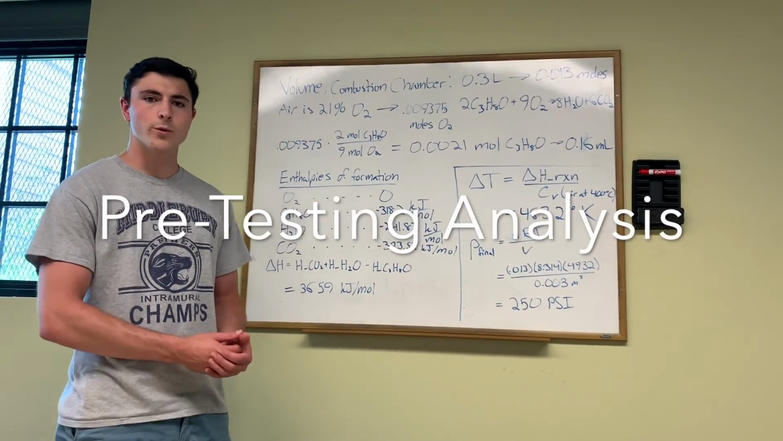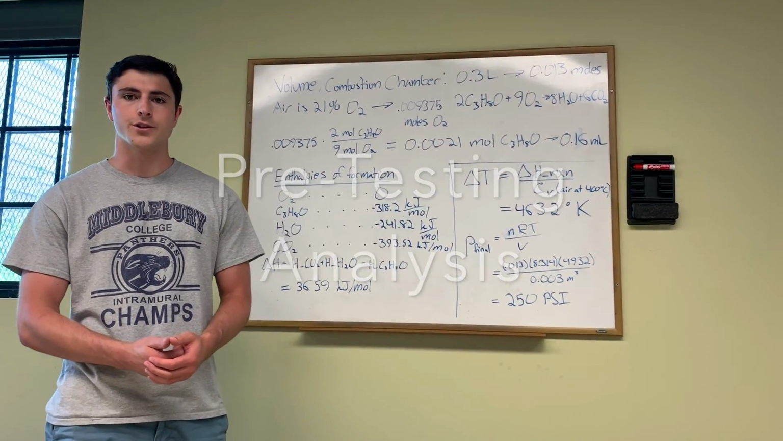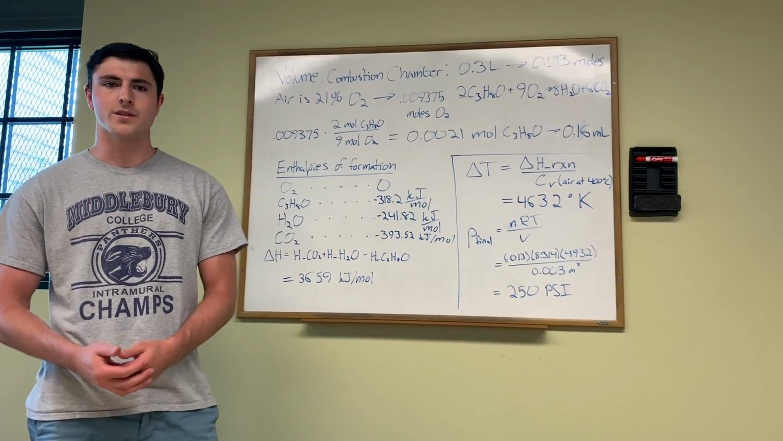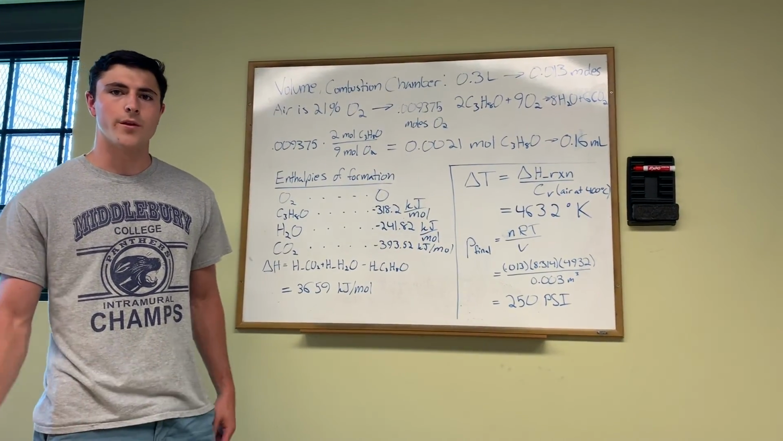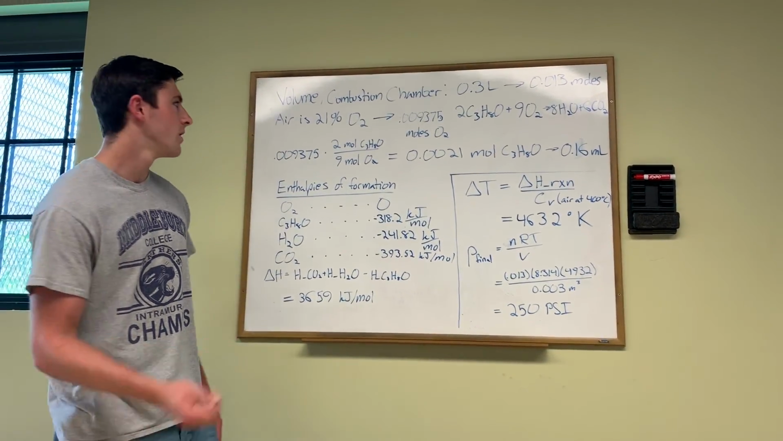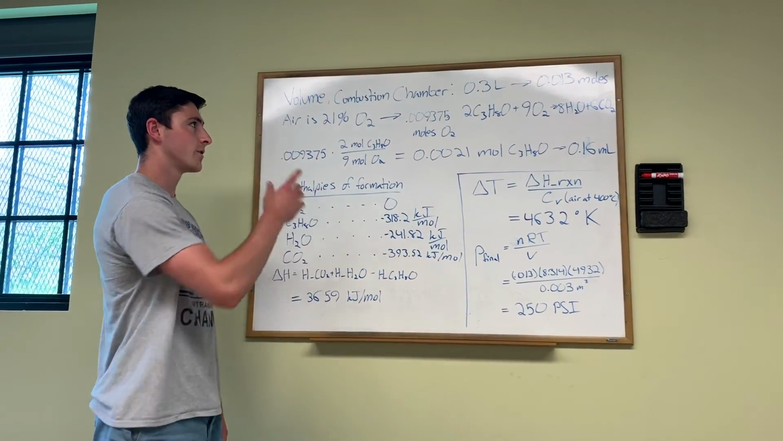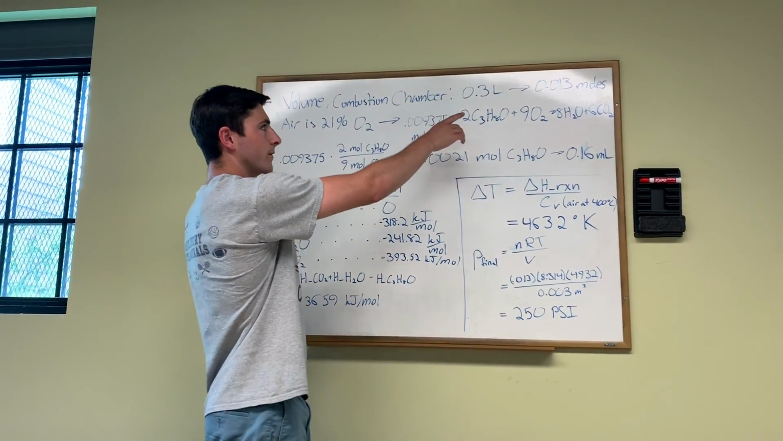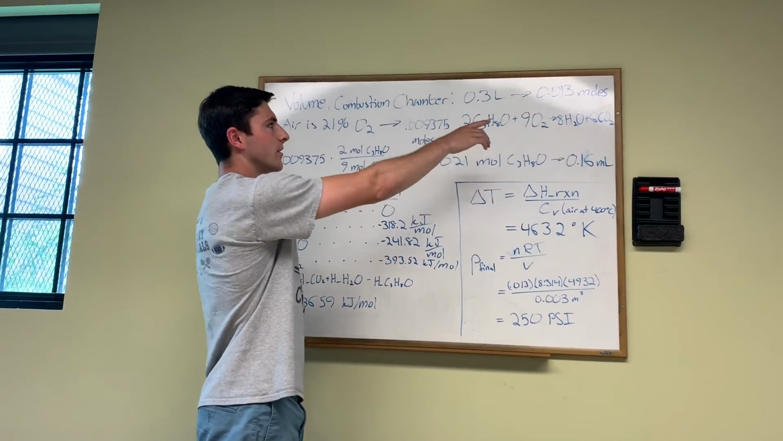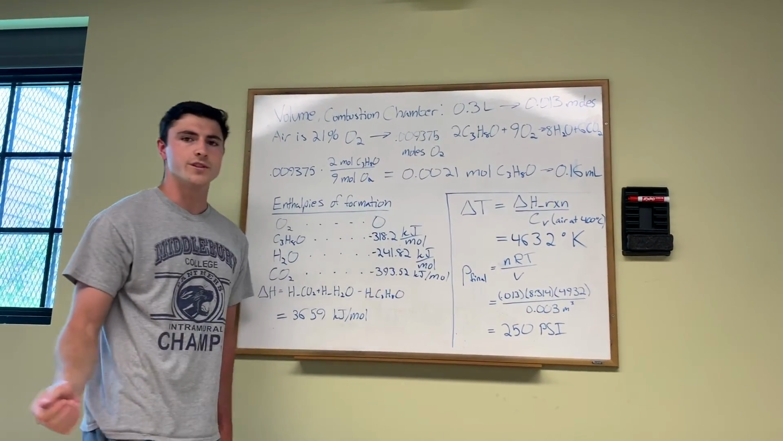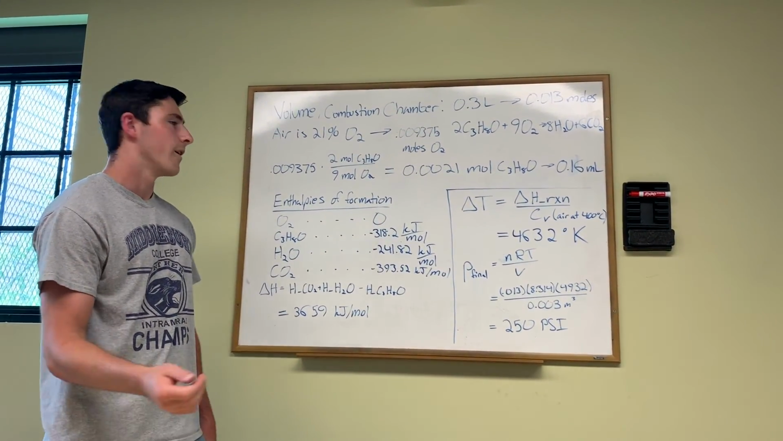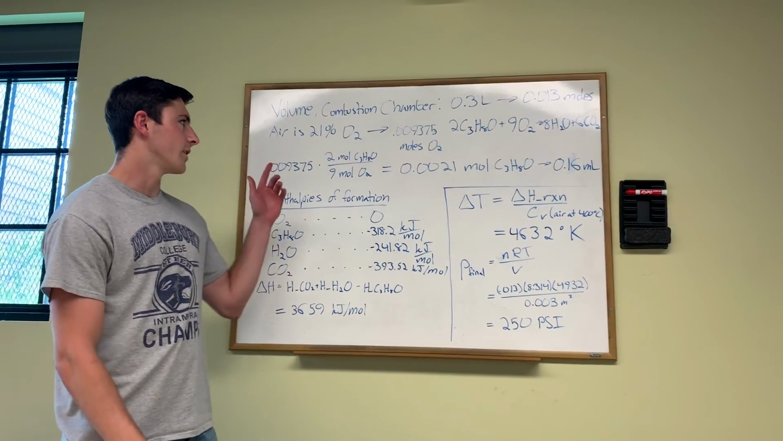Okay, so before we test out our marshmallow launcher, we want to make sure that the pressure buildup inside the tube would be within the limits that the PVC can handle. To do that calculation, we first take into account the volume of our combustion chamber, which ended up being 0.3 liters, which goes to 0.013 moles of air. Air is roughly 20% oxygen, so that gives us